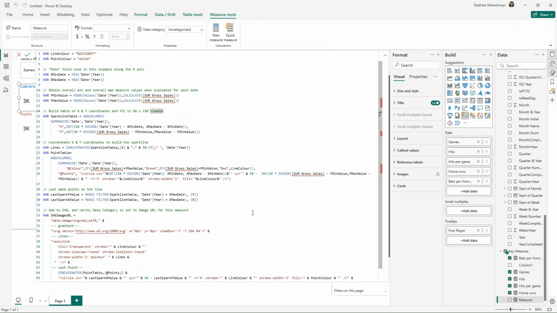Now all the dates are replaced. As we are creating this measure for the games measure, I'm going to replace this sum gross sales by games. So let's put games here. And I'm just going to do the same for the rest of them.